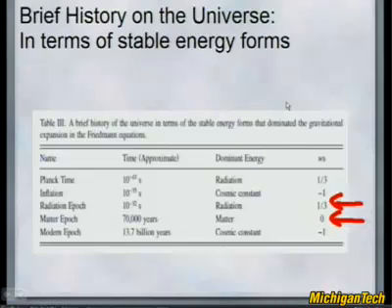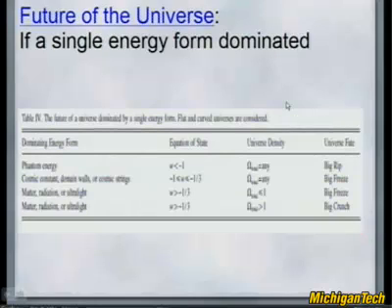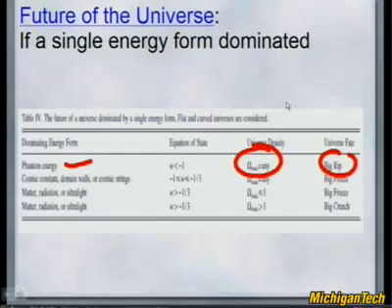Now, in our modern epoch, the matter is diluting relative to an even smaller cosmological constant that permeates the universe, and we're moving into an epoch of the universe that is again dominated by a w equal to -1 energy form. Jumping into the future, if the universe is dominated by phantom energy, we will undergo a big rip. It doesn't matter what the density is, even if the phantom energy is really small today, it will grow to dominate the universe and rip us apart in the future.